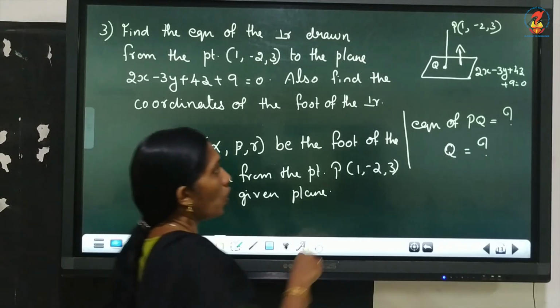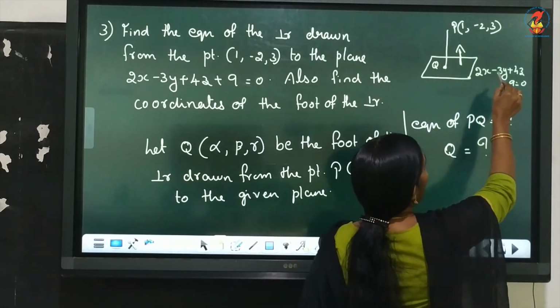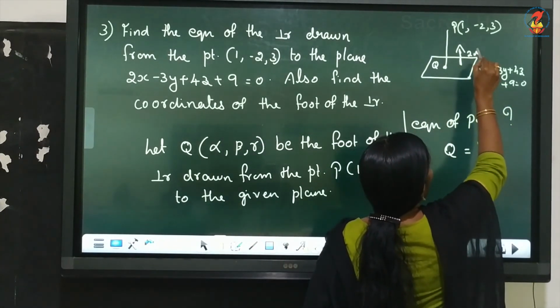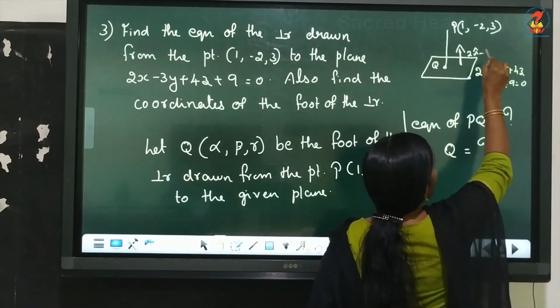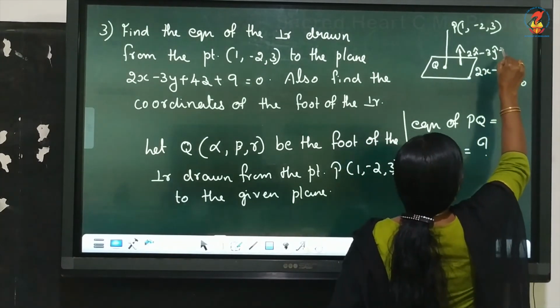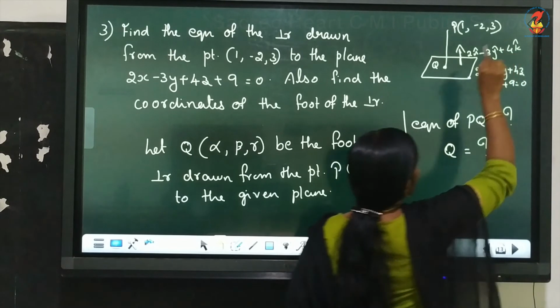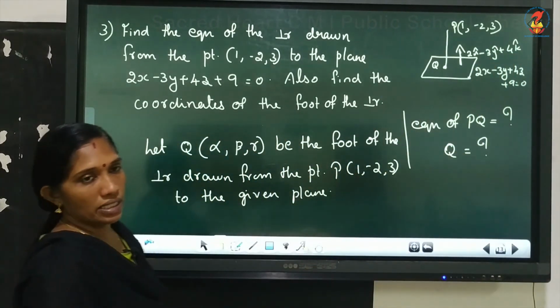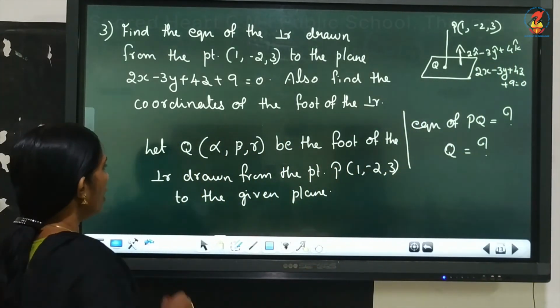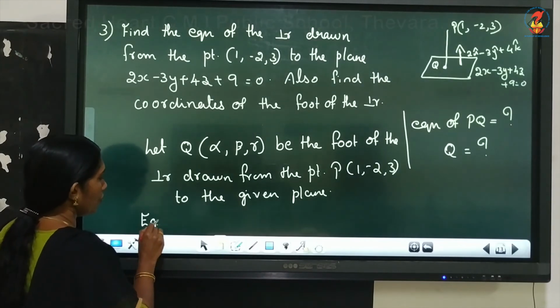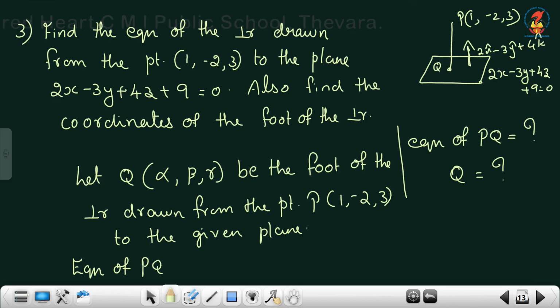Yes. So the normal vector is 2i cap minus 3j cap plus 4k cap. The x, y, z coefficients give the normal vector. So we can write the equation of PQ. Equation of PQ, write in Cartesian form,